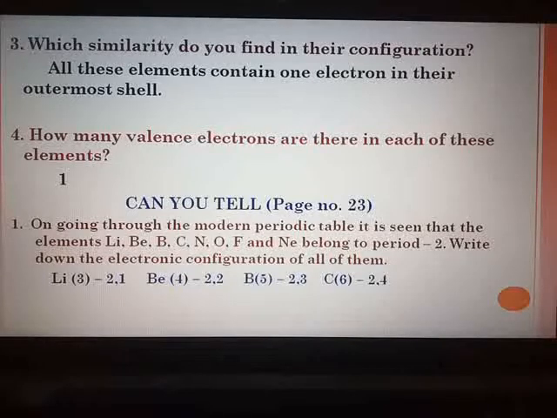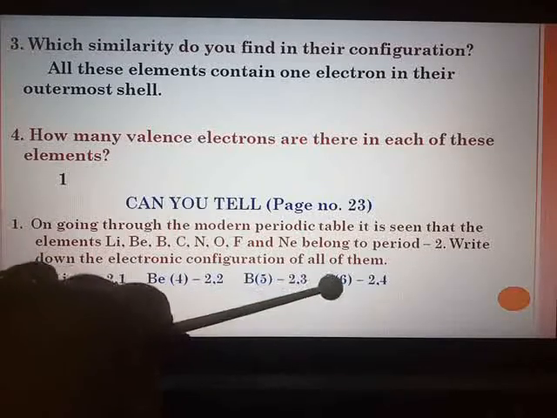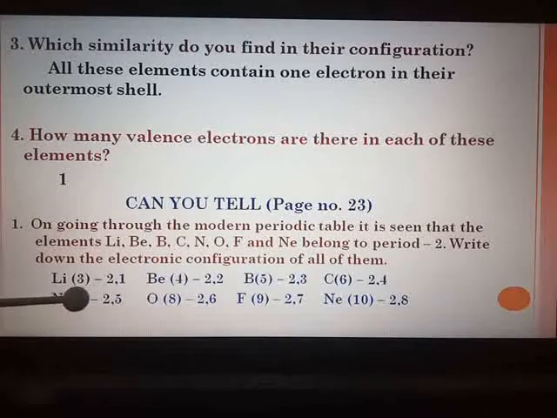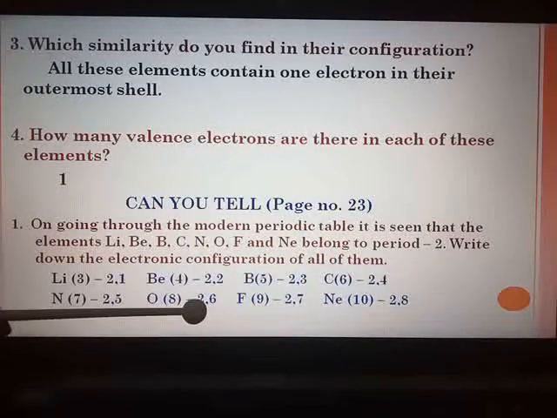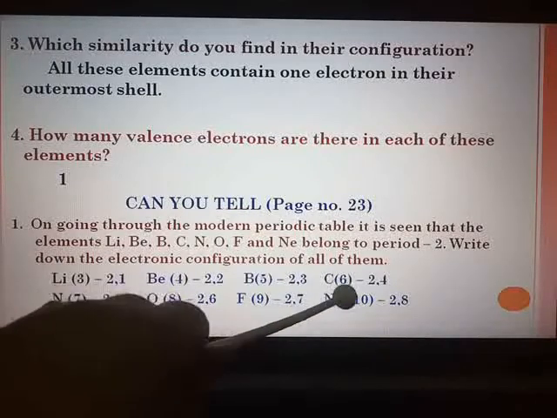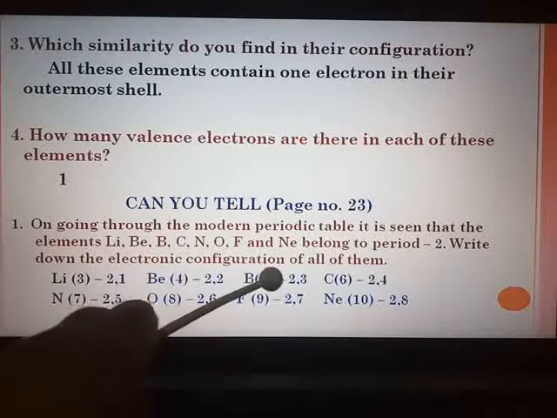the electronic configurations. So lithium, the first one, atomic number 3, 2, 1, beryllium 4, 2, 2, boron 5, 2, 3, carbon 6, 2, 4, nitrogen 7, 2, 5, oxygen 8, 2, 6, fluorine 9, 2, 7, neon 10, 2, 8. Now here if you go through, you will find that the number of valence electrons for each element is